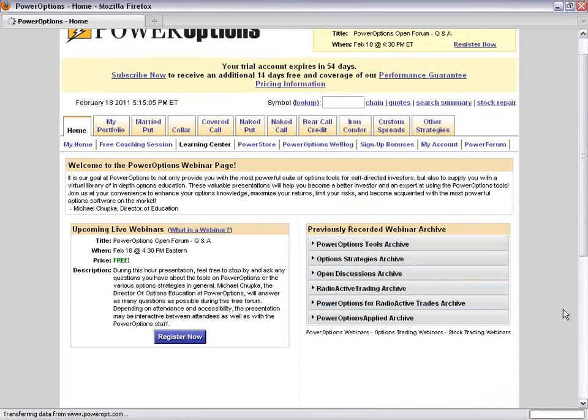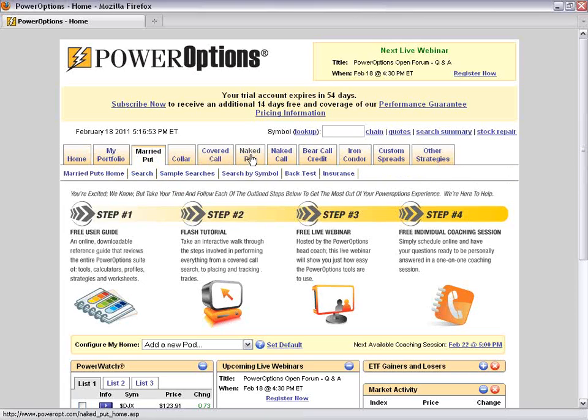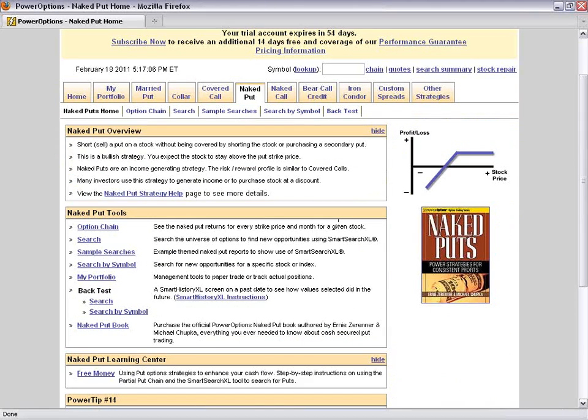Let me get back to the main screen. I believe this is Chuk. Chuk asks, can you comment on protecting against naked puts? Well, if I've got a naked put position open, let's look at a basic profit and loss chart here. Over on the right, it's the same parity position as a covered call position.